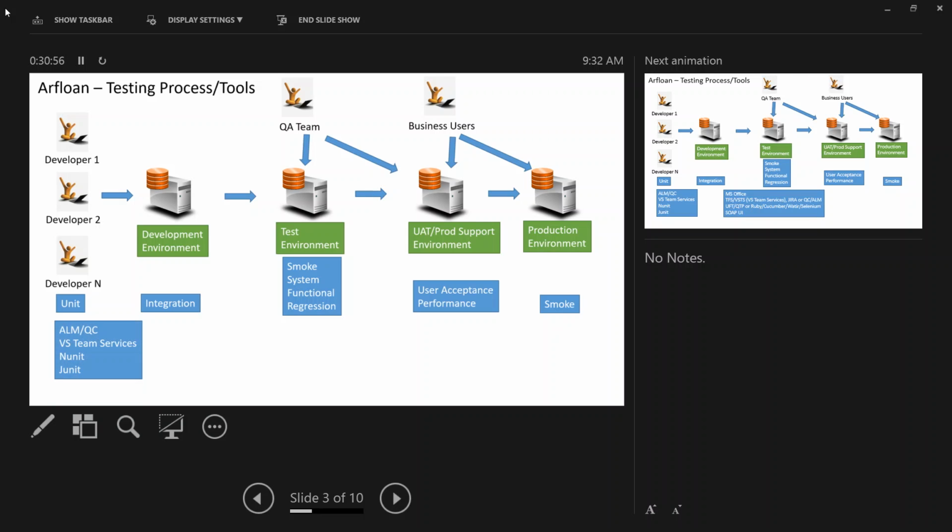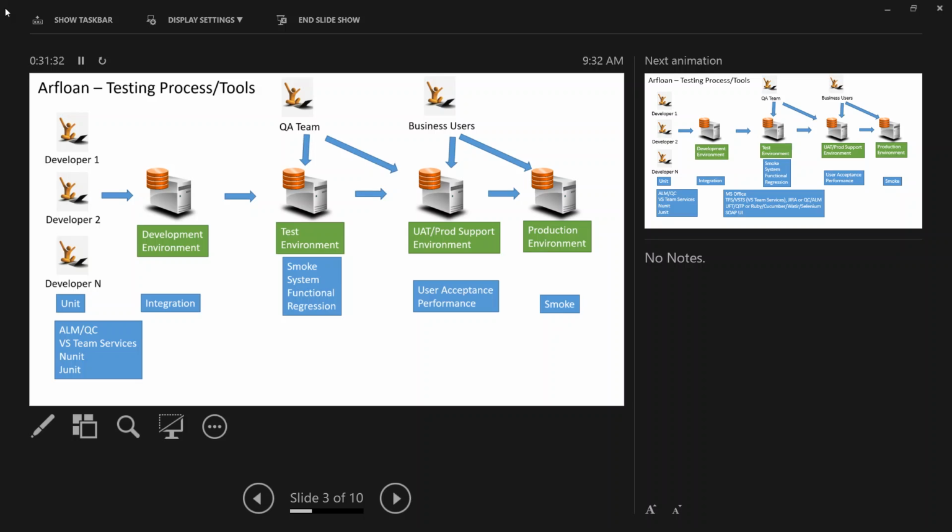All right, so we're talking about tools, right? This is the process, and there are a bunch of tools being used by different people here. Obviously ALM, QC, and VSTS or Azure DevOps. Those are QA tools or lifecycle management tools, right? These manage the requirements, designs, everything together in these tools. And we'll start with this type of tools today.